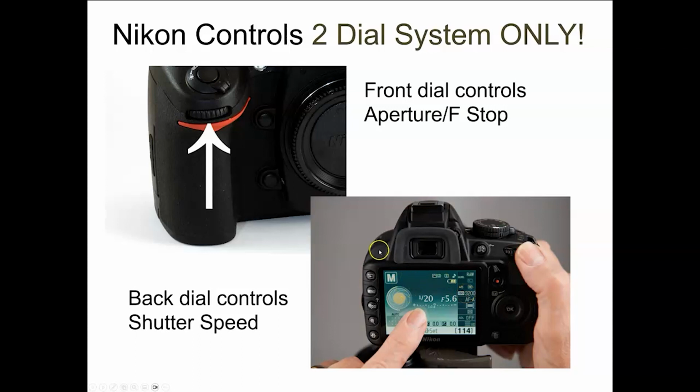Now, if your camera has an ISO button on it, you can hit that button and hold it down and use your dial to change through the ISO settings there. So those are the three functions that you need to be able to get started in manual